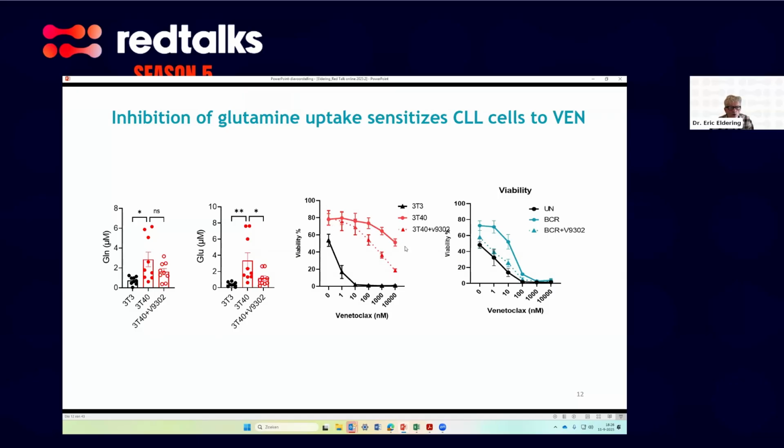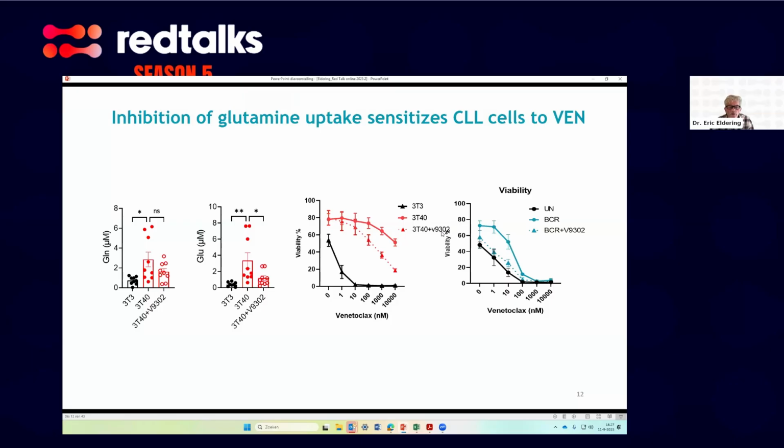And the system we've been using a lot in the lab, I mentioned, is CD40 stimulation. If we do that for 24 hours, provided the CD40 ligand is provided by murine 3T3 cells expressing a human CD40 ligand, you see a tremendous increase in resistance to venetoclax. This is a known phenomenon, at least it was published by us and various other groups. And on the right in blue, you see that also B-cell receptor triggering, though less strong, provides protection against venetoclax